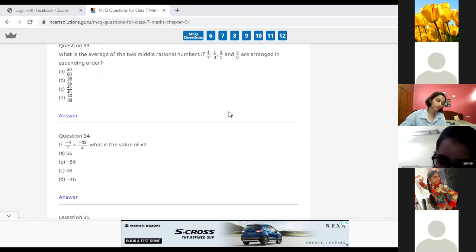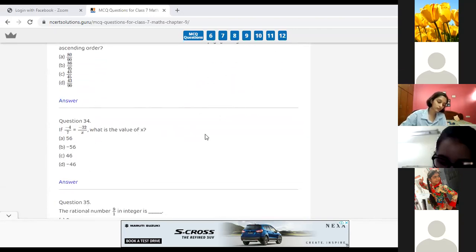Yes, everybody, leave this. Do the next question, 34. Do question number 34. We have already done a similar type of question. Question number 33 we will do at the end of this quiz, so that you will all be experts at this type of question. We need a lot of practice, so let me discuss all these questions first, then we will do that question also. We will not leave it.